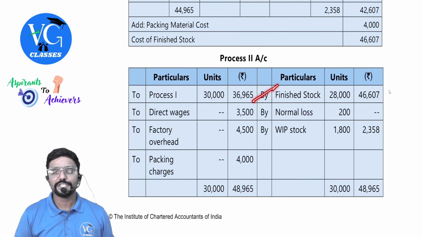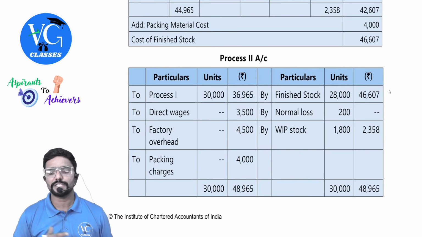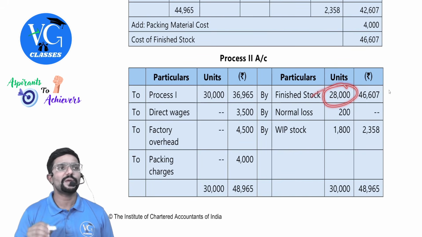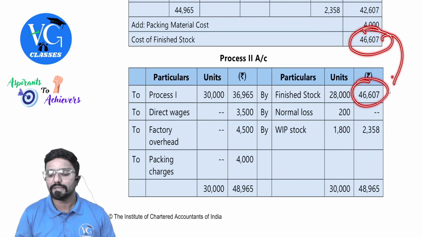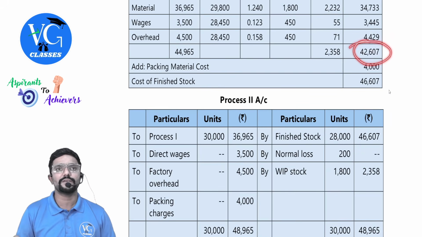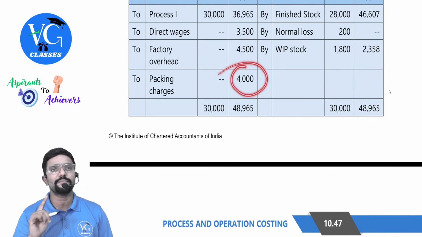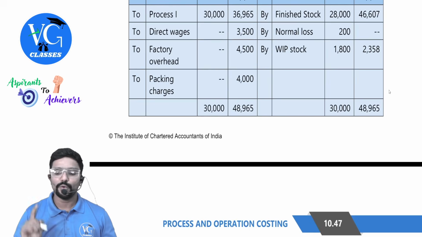Now coming to finished stock or output, which we have transferred to next process. How much is the units? 28,000. What is the cost of it? 46,607, guys. Please don't take 42,607. Then you will be wrong. Debit and credit will not match. Why, sir? Because we would have debited packing charges separately also here. So you have to take